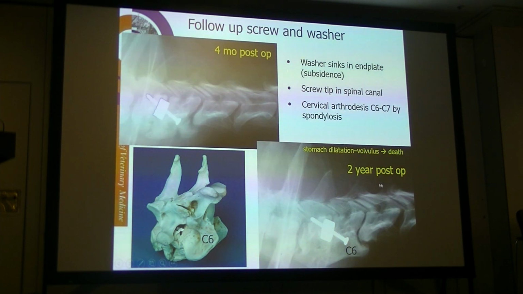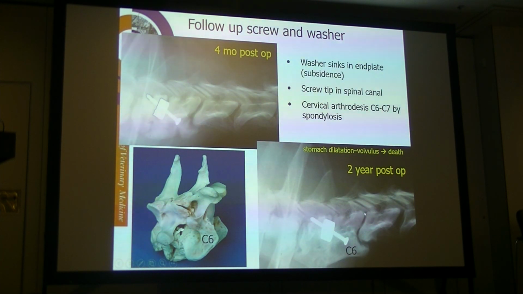But it was not so lucky, because at 2 years after surgery, it died from a stomach dilatation, volvulus. And then we asked for the spine segment, so the owner allowed us to take out the spine, and we processed that into a bone specimen. And you can see nicely this washer and screw sitting in the center of a huge bone bridge. So we have very nice fusion, but there is another thing to be seen,